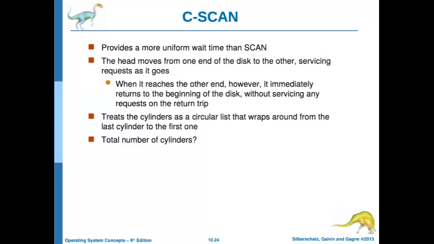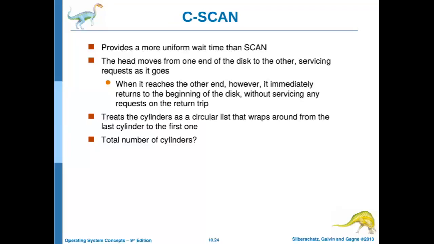Now in this algorithm, it is a slight change in scan. The head moves from one end of the disk to the other, servicing requests as it goes. So this is exactly the same as scan, but when it reaches the other end, it immediately returns to the beginning